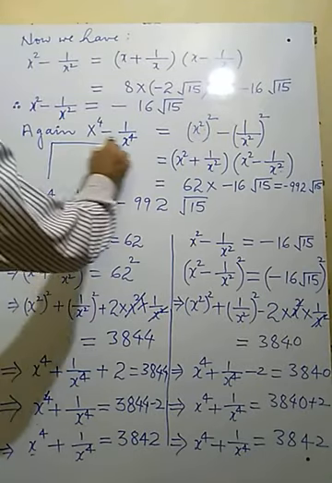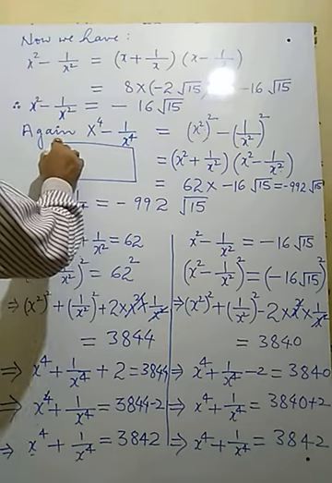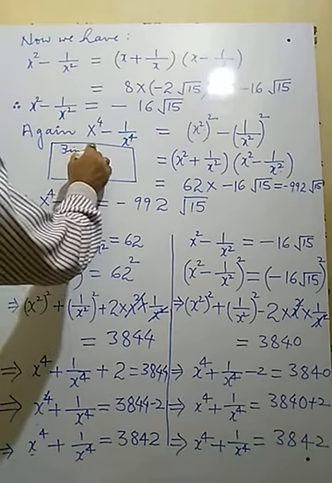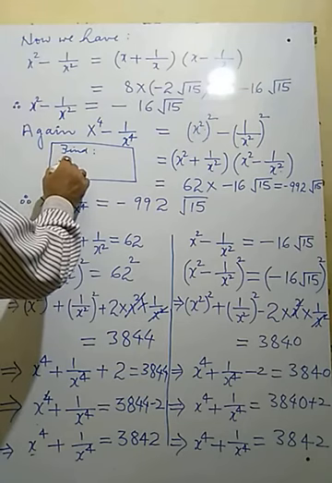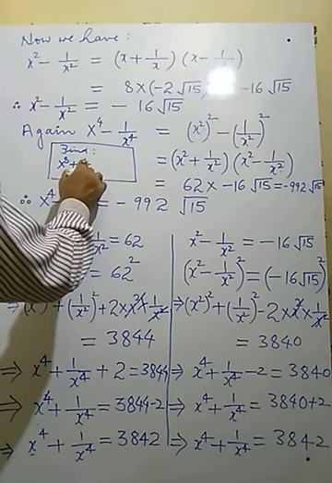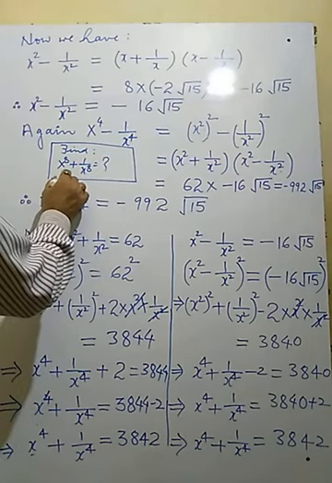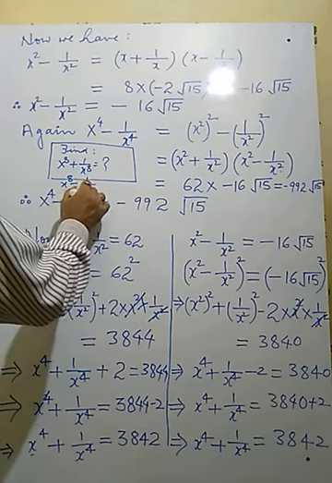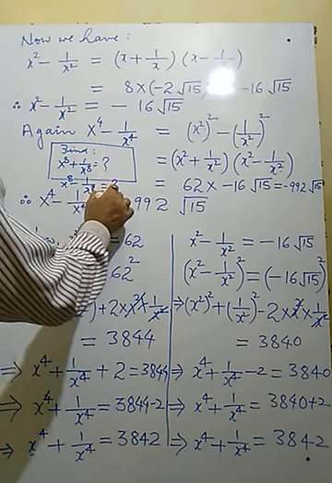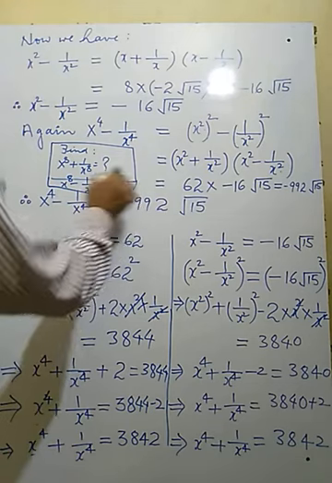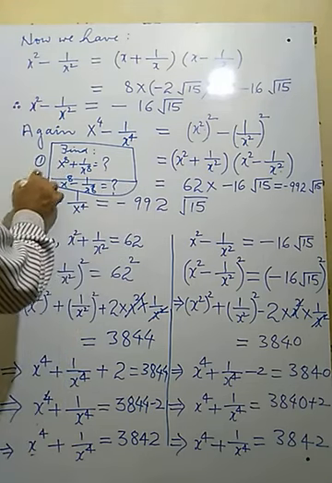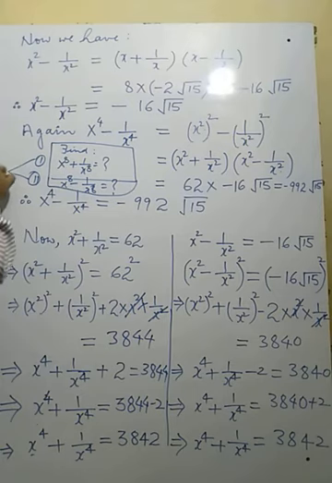You will calculate and find the value of x to the power 8 plus 1 upon x to the power 8. What value is there? Similarly, you will find out x to the power 8 minus 1 upon x to the power 8 equals what? These two parts are given as homework. You will solve by the same process as we have done here. There would not be any change.